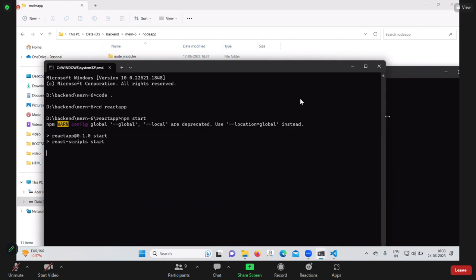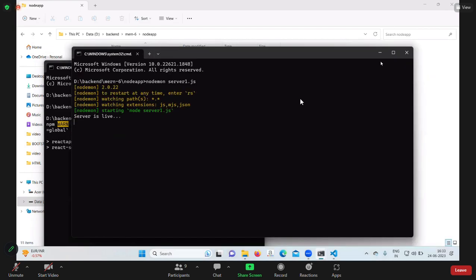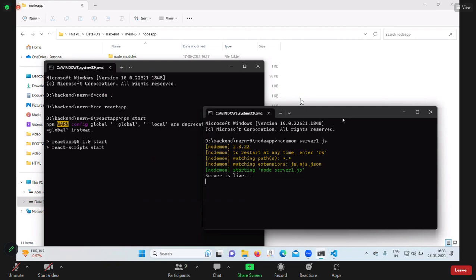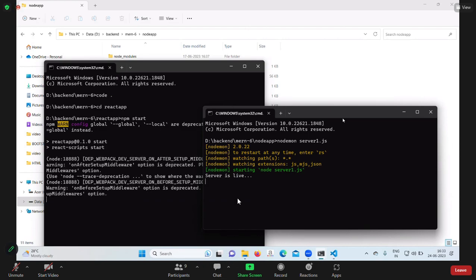So React server is starting. So for everyone, server 1 is compiled. For React server,